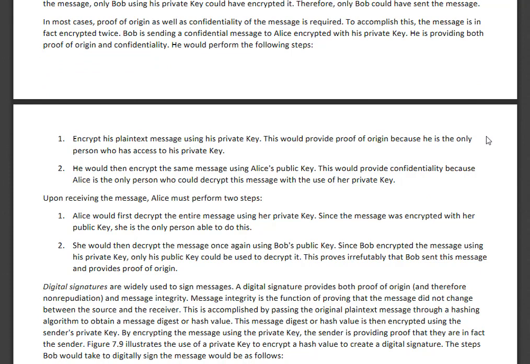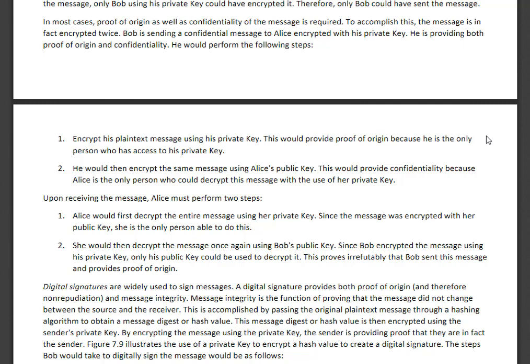He encrypts his message using his private key. That is the proof of origin part. He's the only person who has access to his private key. He then in turn encrypts the same message that's encrypted using his private key, using Alice's public key. This provides confidentiality because Alice is the only person who can decrypt the message because only she